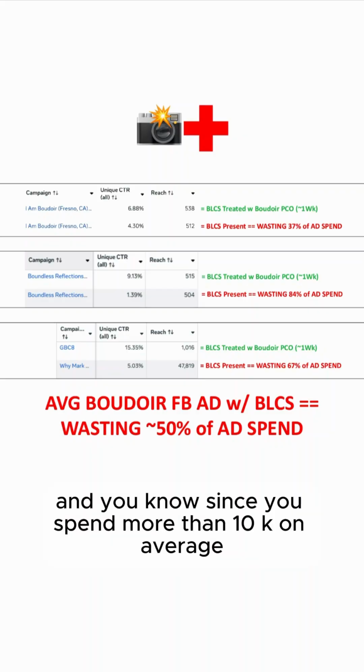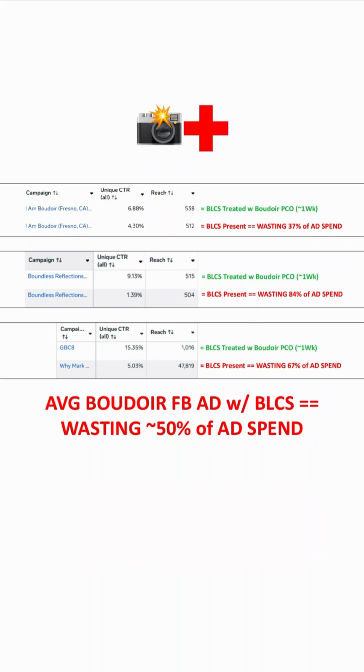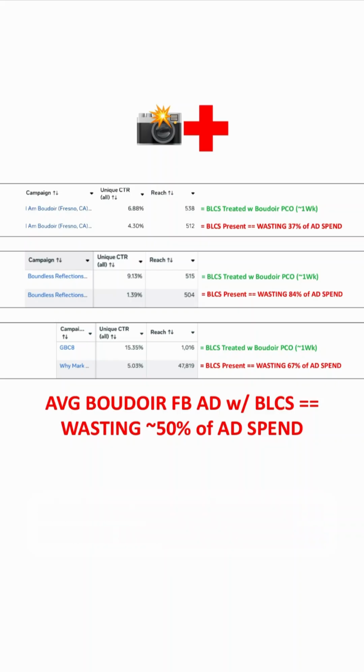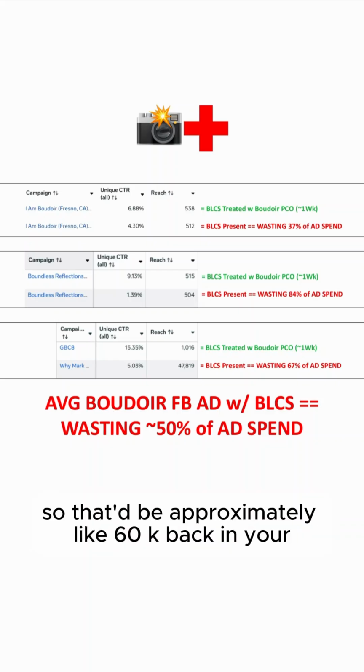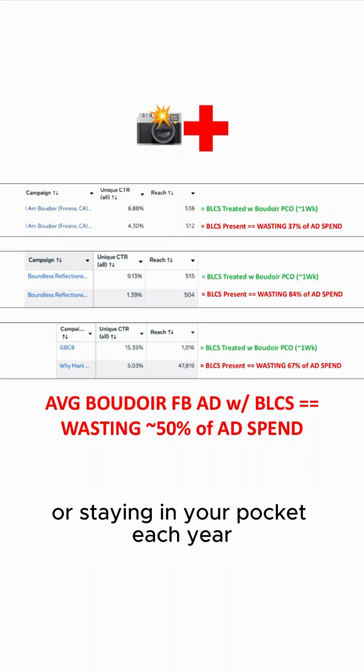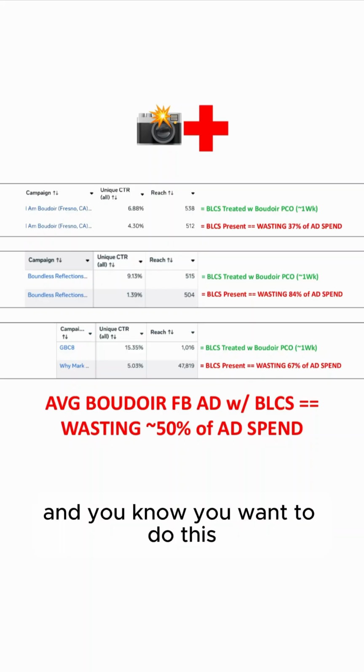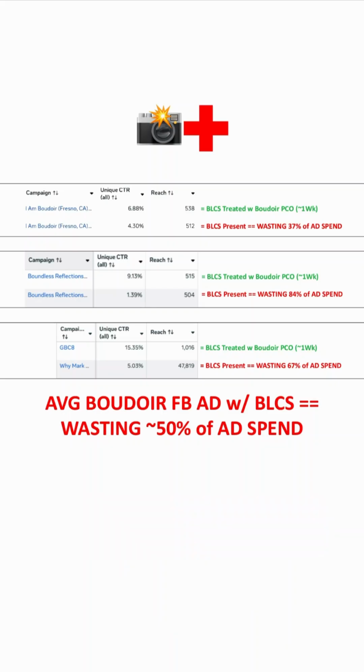And since you spend more than 10K on average, we can probably eliminate approximately 5K wasted ad spend per month. So that'd be approximately like 60K staying in your pocket each year, kind of a phantom bonus. And you want to do this so you can be on your way to becoming the #1 boudoir photographer in your city. Then shoot me a DM when